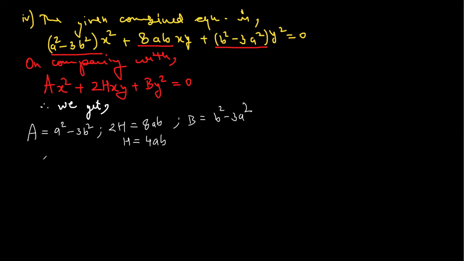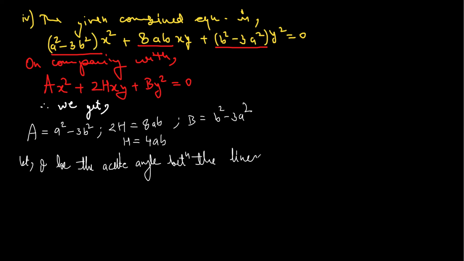Now what do I do? I write the formula. They want me to get the acute angle. I'll write, let theta be the acute angle between the lines. Therefore, what is tan of theta? Mod of 2 root of H square minus AB upon A plus B,